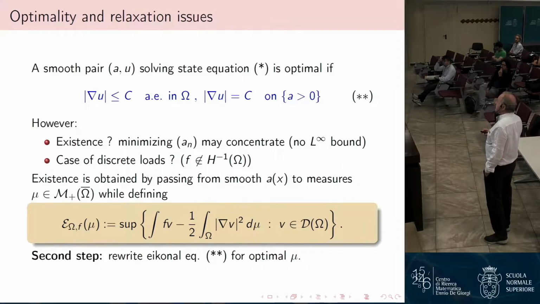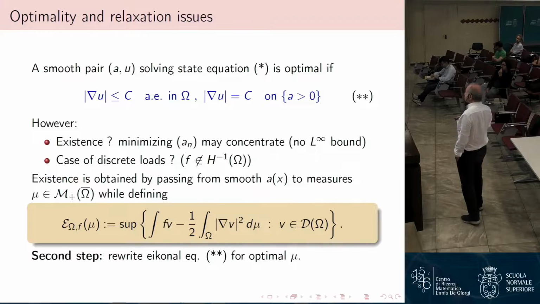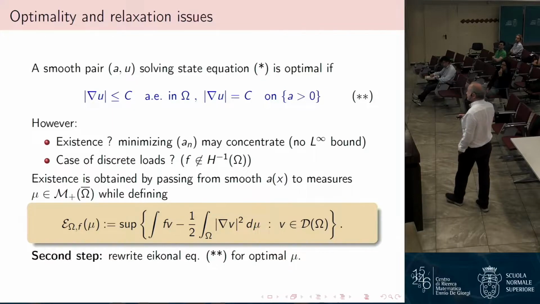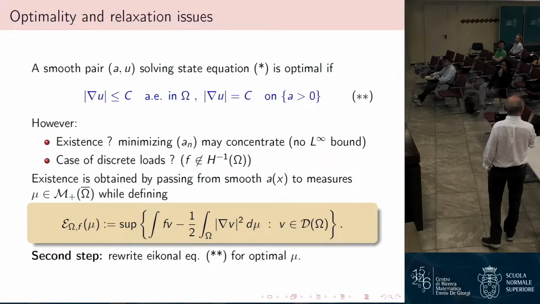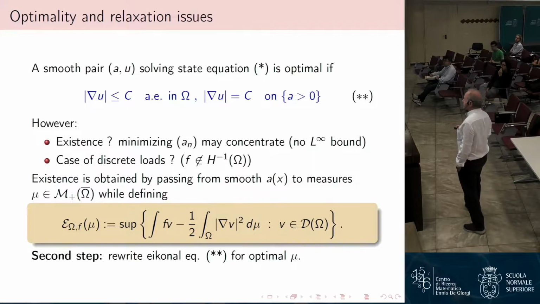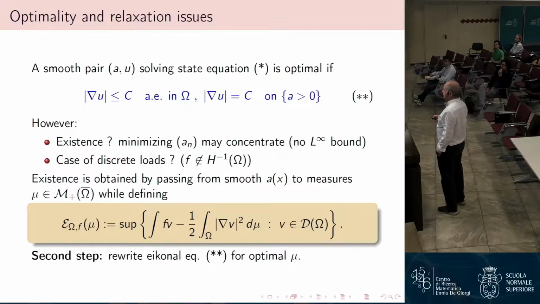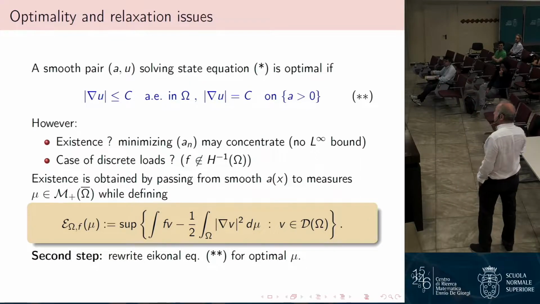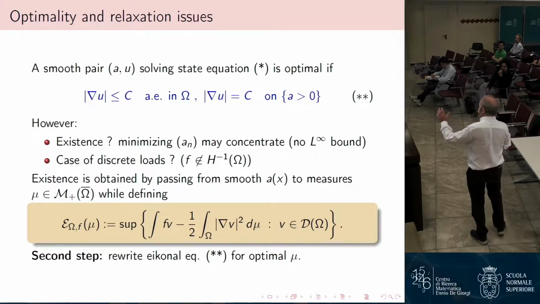And in case of a discrete load, F doesn't belong to the dual of the Sobolev space, and there is a problem of existence. So the compliance might be infinite if you want to include any A. So there is a problem of definition of the compliance. So the first job is to extend the definition of the compliance, taking, instead of a density A, any measure which is non-negative on omega, and the compliance, it is not really a control problem,